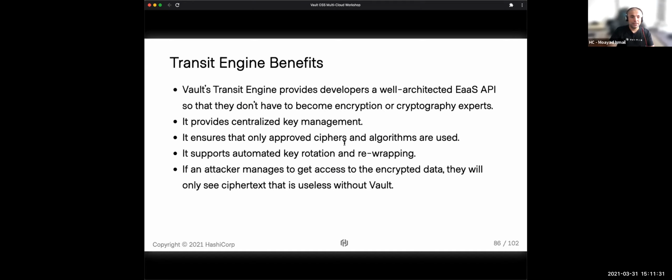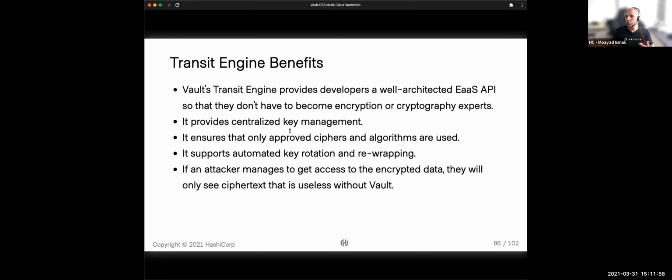We've spoken already about some of those benefits, but just to recap, it also provides centralized key management. Because the encryption keys never leave the Vault, you have assurance that the life cycle and who has access to the keys you fully manage with Vault policies. Only approved ciphers and algorithms are used, and we support many different types of algorithms and ciphers.